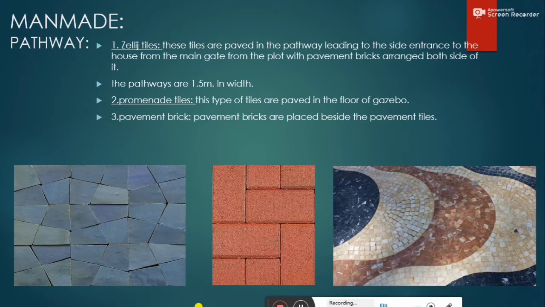Pathway. Jelly tiles: these tiles are paved in the pathway leading to the side entrance of the house and the side gate of the plot, with pavement brick arranged on both sides of it. The pathway is 1.5 meters in width. Promenade tiles: this type of tile is paved in the floor of the gazebo. Pavement bricks are placed beside the